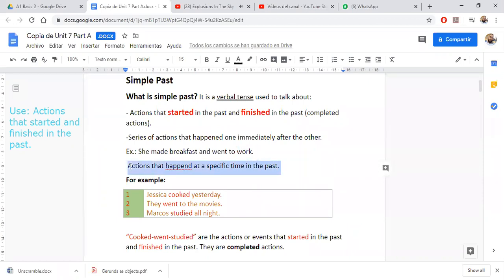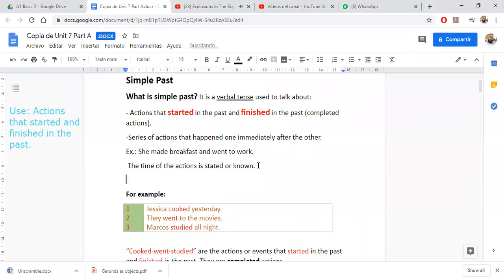well, not a specific time. It's, how do you say it? It's when, well, the time of the action is stated or known. What is that? The time when the action happened is stated, like it is mentioned in the conversation, or is known, like both people in the conversation know when that happens. For example,